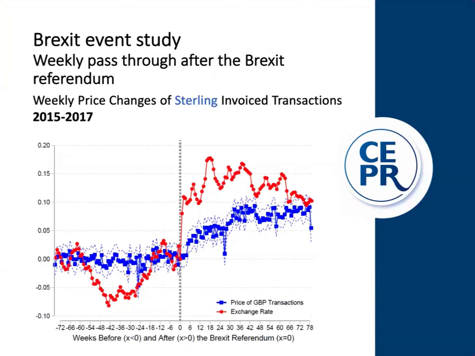So what you see here is, as we saw earlier with Dennis's graphs, at the time of the referendum, the sterling is depreciating immediately 10%, and then it goes on to depreciate further, 15-20%. Now, interestingly, if we just look at the change in the price of Great British Pound goods leaving the country at about week 30, which is about half a year, you can see that there's a small increase in the sterling price of goods leaving the UK, but essentially the sterling price is rising much less than the fall in the exchange rate.